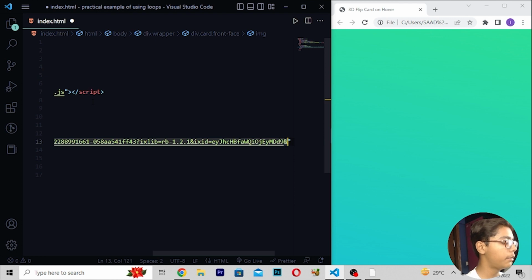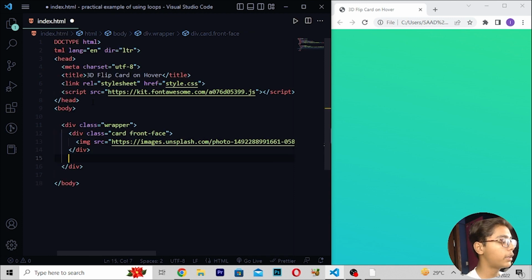And then when you've written this, here I'll be writing auto is equals to format. Then write here and fit, then is equals to prop, and then here I will be writing W. Then right here is equals to 634, and then I will be writing here Q is equals to 80. Then you have to close this tag like this, and now this tag is closed already, we don't have to do that. And now when you've written this, here I will be moving down right here div class card.